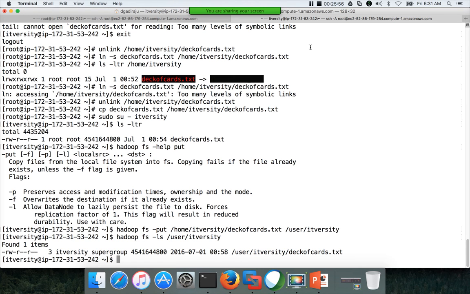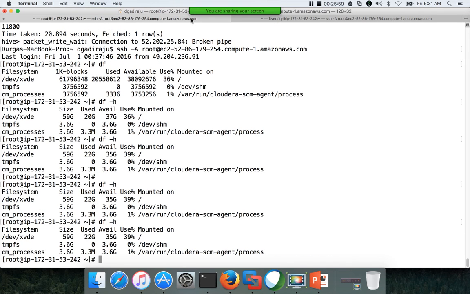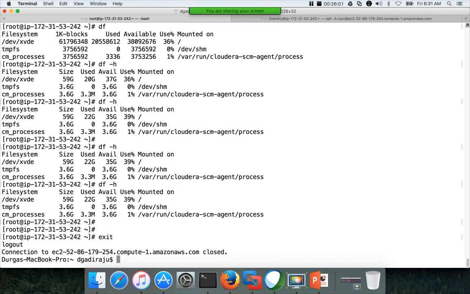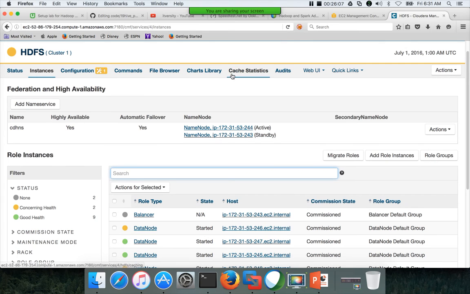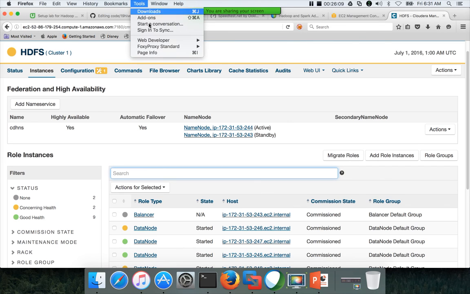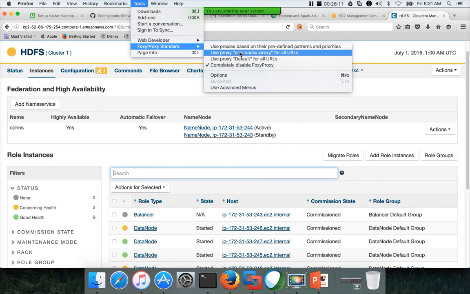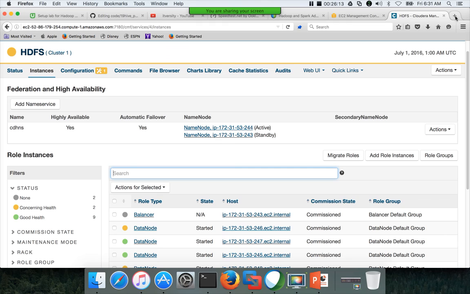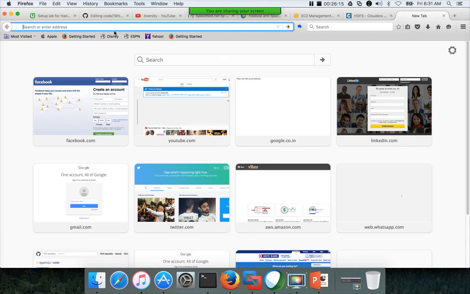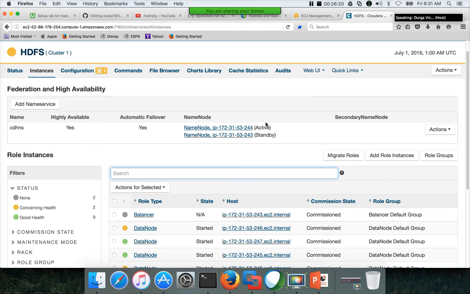Again, I have to use tunneling here because it uses private IPs internally. Also I have to enable FoxyProxy, and then I can use the private IP of the name node.